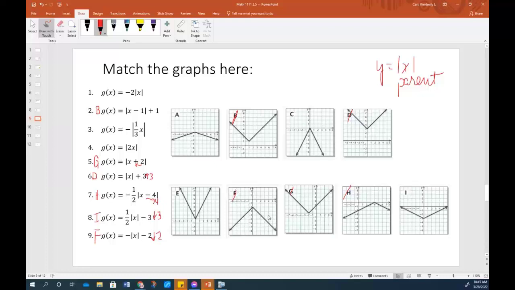Now, in that way, we have eliminated a lot, and we can see what else is going on, because out of the ones I already did, I... So out of the ones that remain, we have A, C, and E. All right, now none of those have been shifted. They've all got that vertex at 0, 0. But notice only one of those is opening up. So it has to be an equation that starts with a positive number, which means E cannot go with number 1 or with number 3. So it has to go with number 4